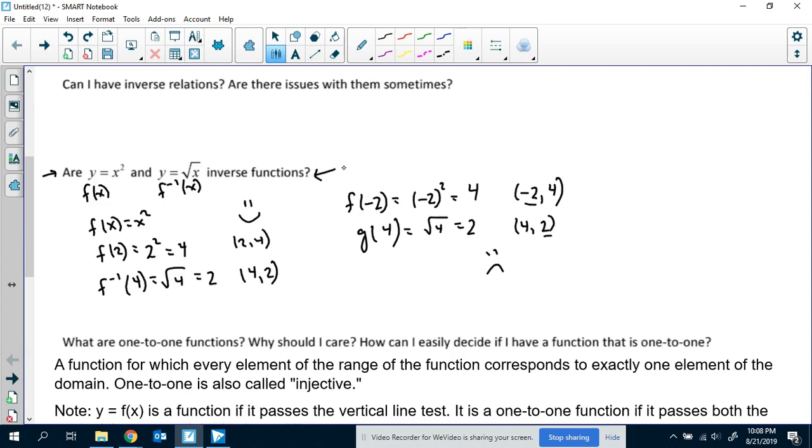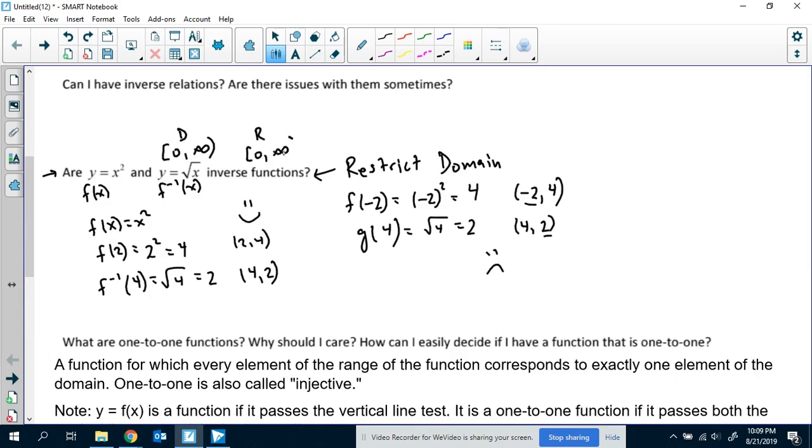These are inverse functions, once again, on the domain where it works. So if I restrict the domain, then I can get inverse functions. So y equals square root of x had a domain of 0 to infinity, and the range was